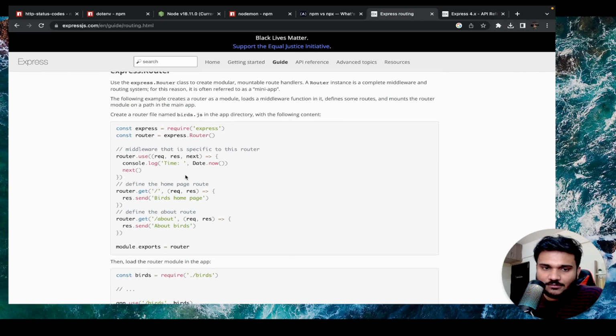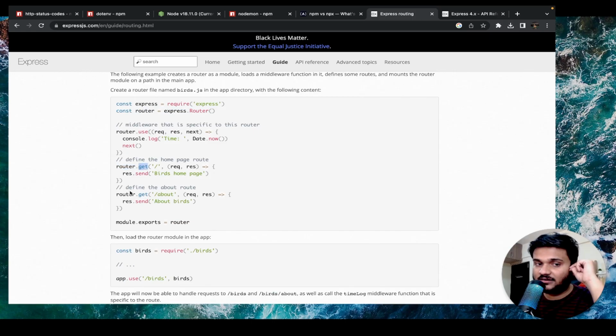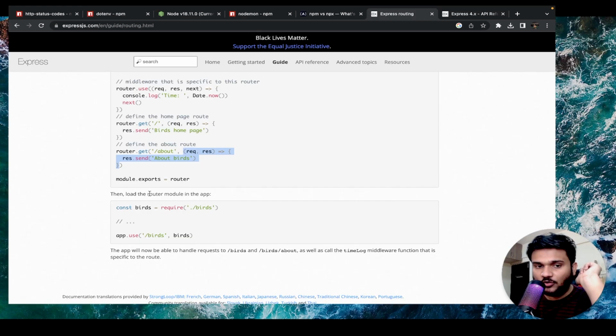Okay, so for example, what you can do is you can say, let's say you have a bird.js file. It's not the index.js file. Okay, it's a bird.js file. So you can actually require Express, and from Express you can actually require Express router. Now what you can do is router.get, and you can have multiple URLs defined for router.get. For example, you have defined router.get slash, router.get slash about, and then you have written your controller functions here. Now in your index.js file, what you can do is you can say